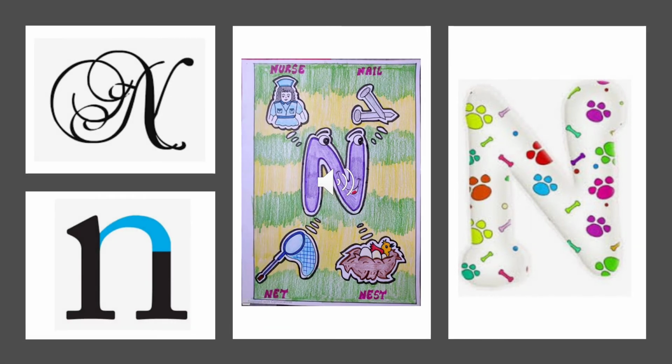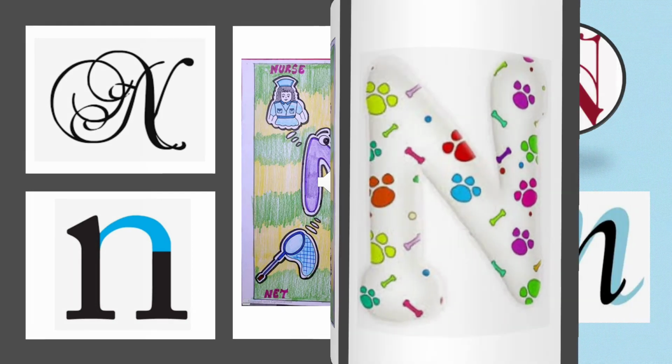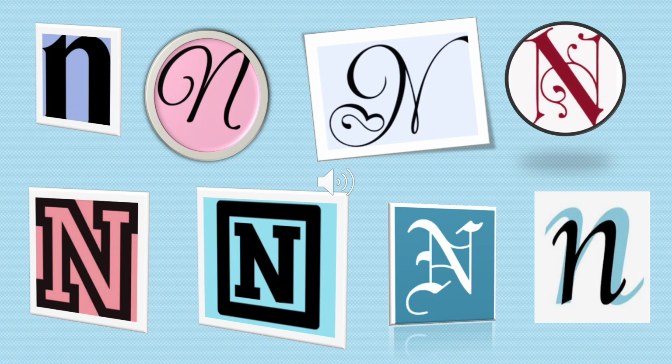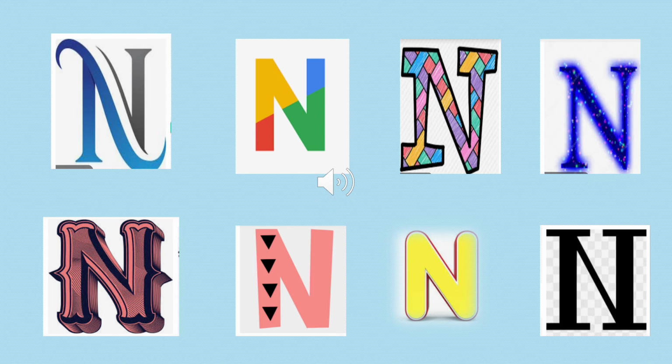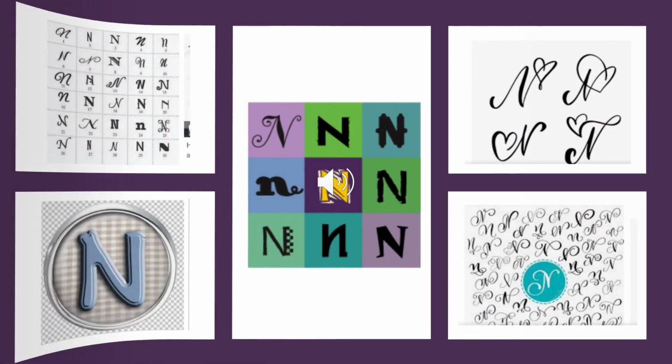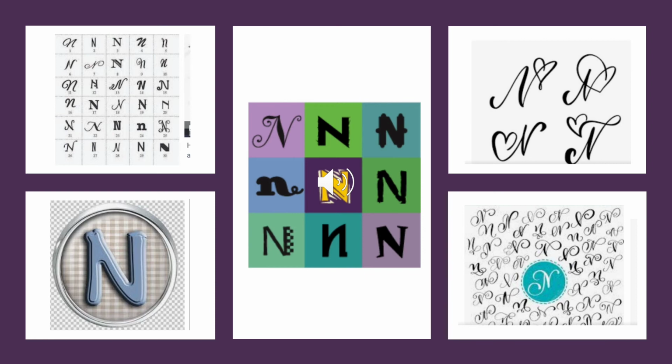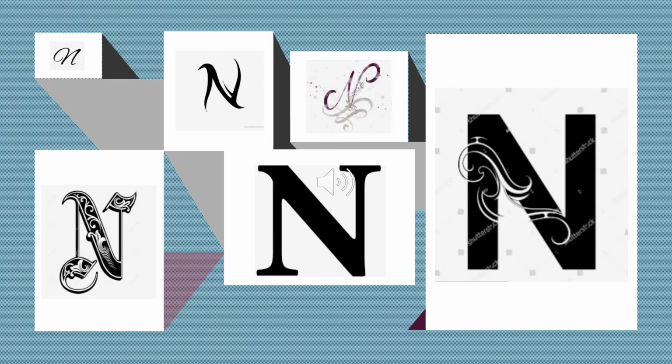Now it's the turn of alphabet N with googly eyes. N in decorative form in a different style. Some colorful pictures of alphabet N and some internal designs of alphabet N. N is in different moods and styles in a colorful picture as well as in black and white tone. More black and white pictures of alphabet N have been shown here.